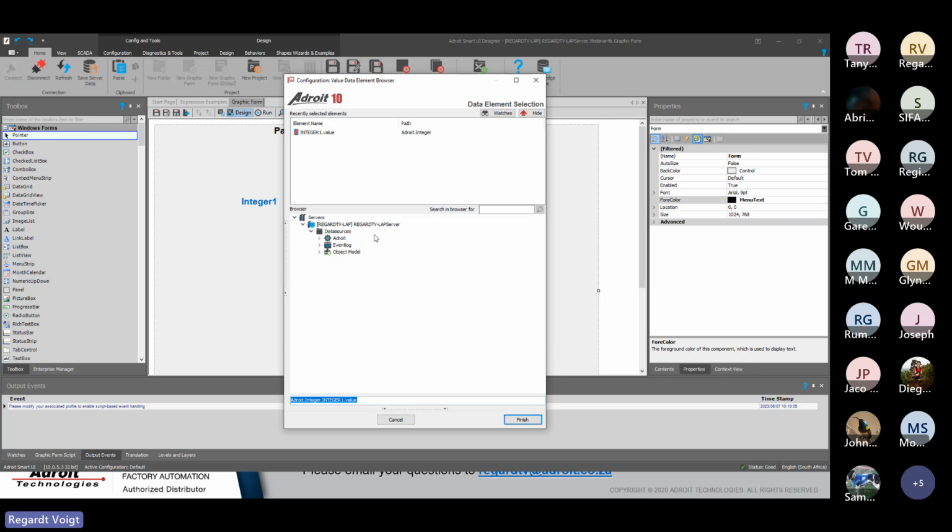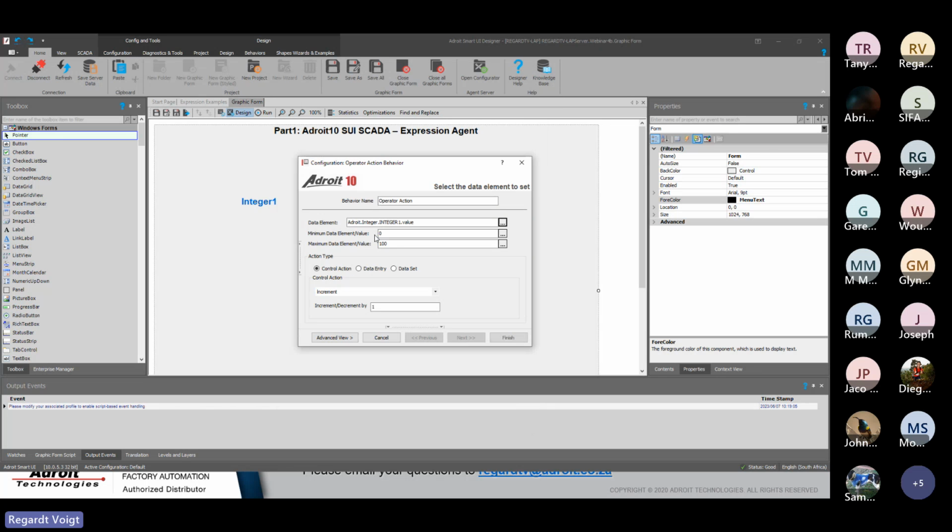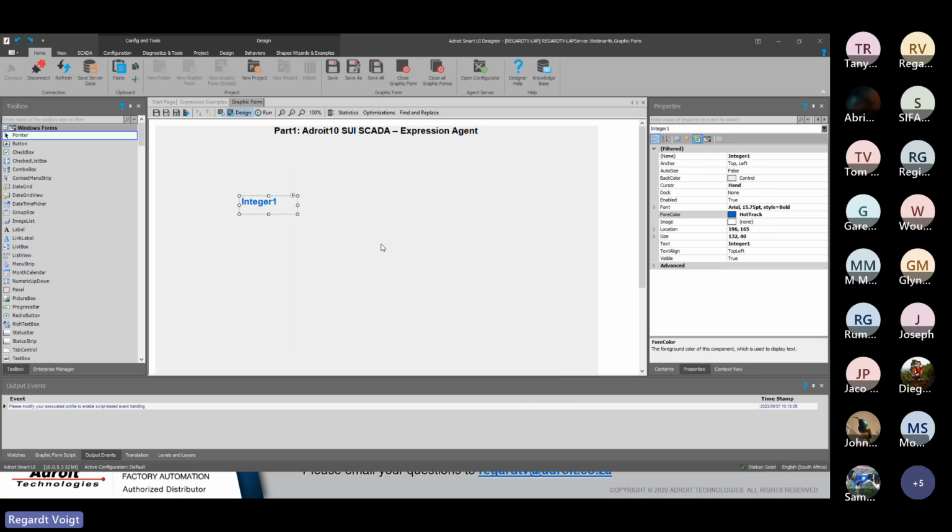Okay, and I want the operator to change this value. Data entry, yes. Right. And then I want to also